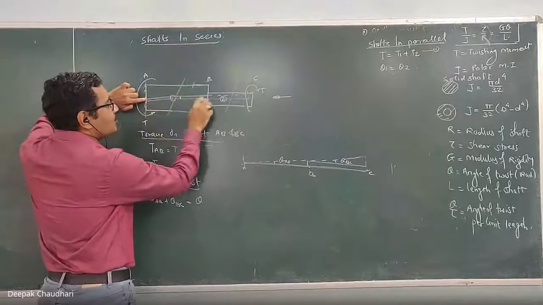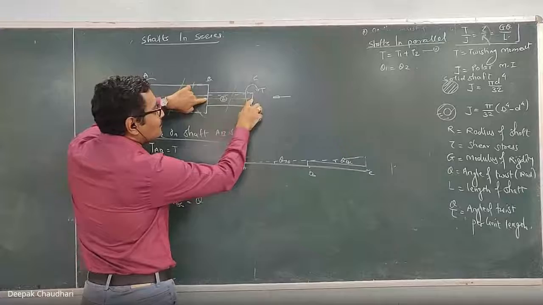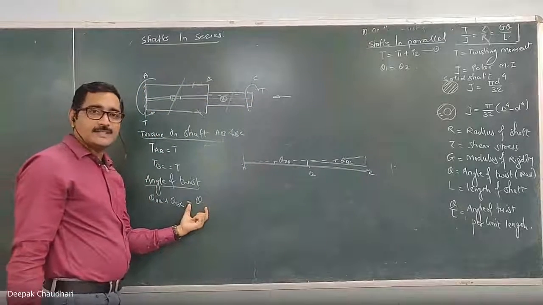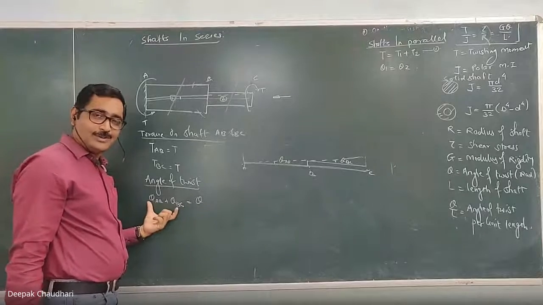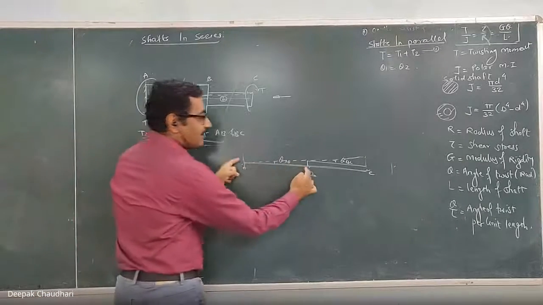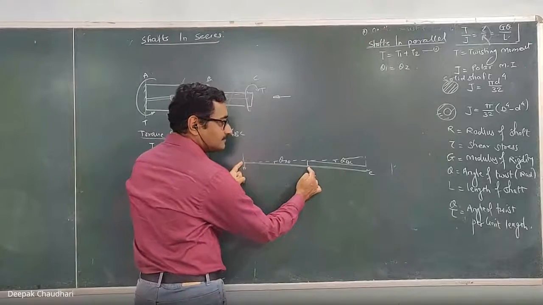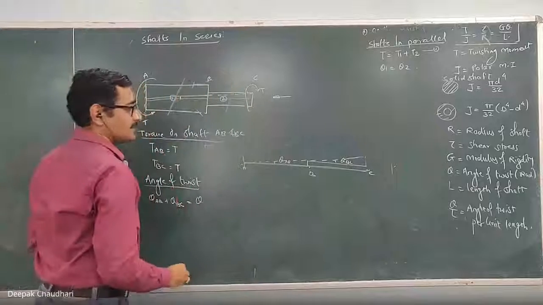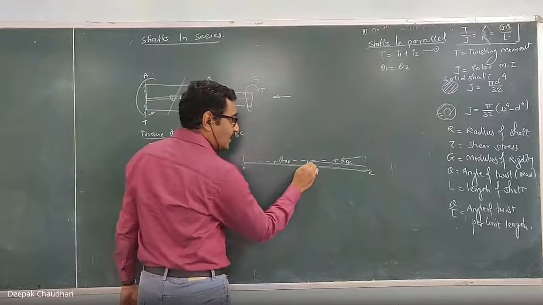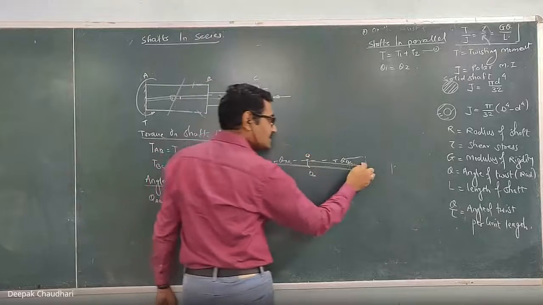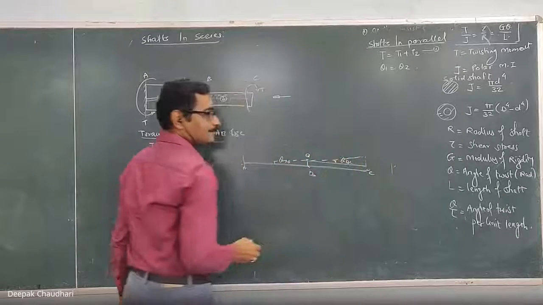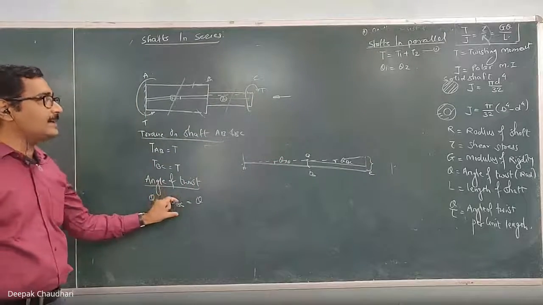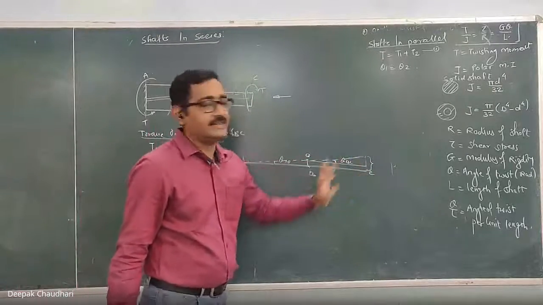Here it is the relative angle of twist over the part AB plus the relative angle of twist over the part BC, which gives you the total angle of twist. It is a little bit difficult to understand, but theta AB is the relative angle of twist for the part AB only, and theta BC is the relative angle of twist for the part BC, because point B is already shifted from this to this. So over this length, how much is the angle of twist? This is theta BC. And how much is the total angle of twist? The total angle of twist is theta AB plus theta BC. This is the angle of twist at this free end.